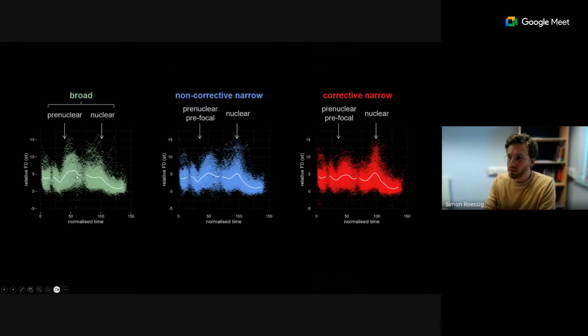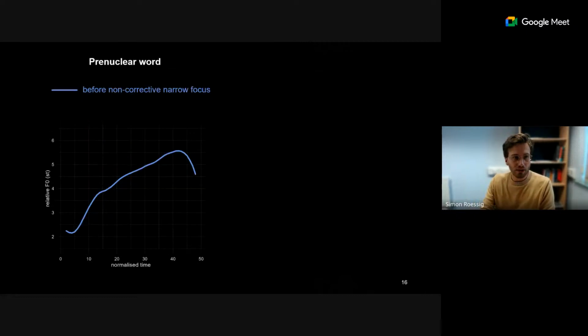And then when we move closer to the nuclear word, especially the stressed syllable, anything that happens right before it could potentially be part of the degree of prominence on the nuclear word itself. To make this a little more concrete, you see that in the average contours,